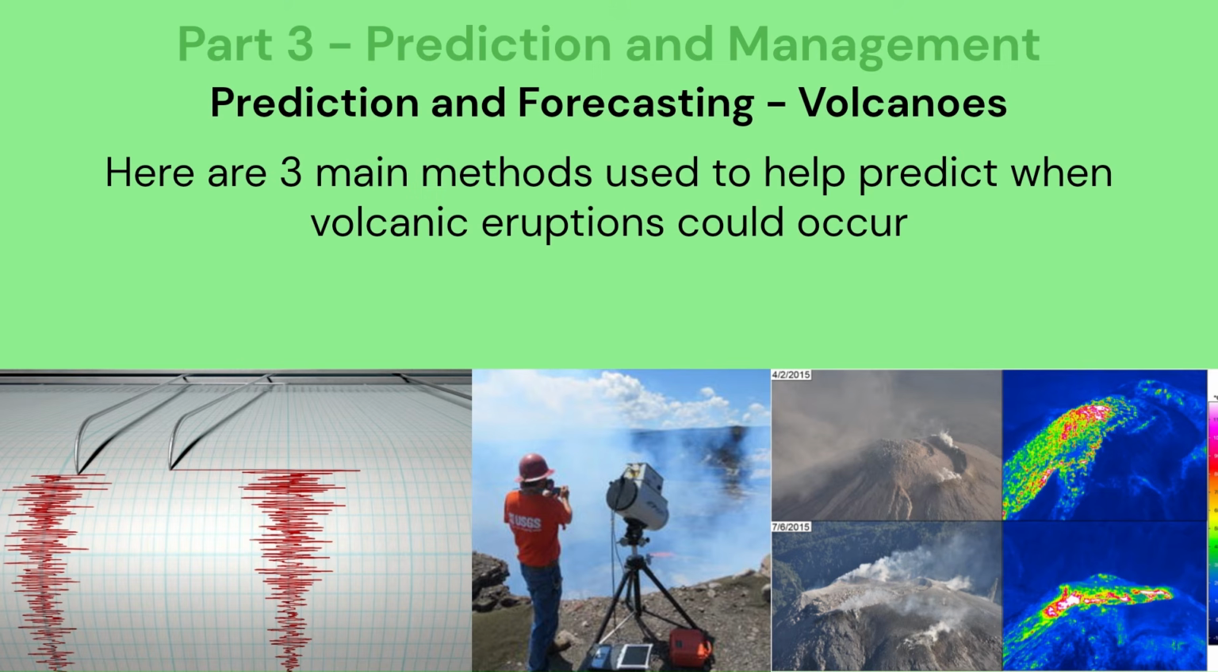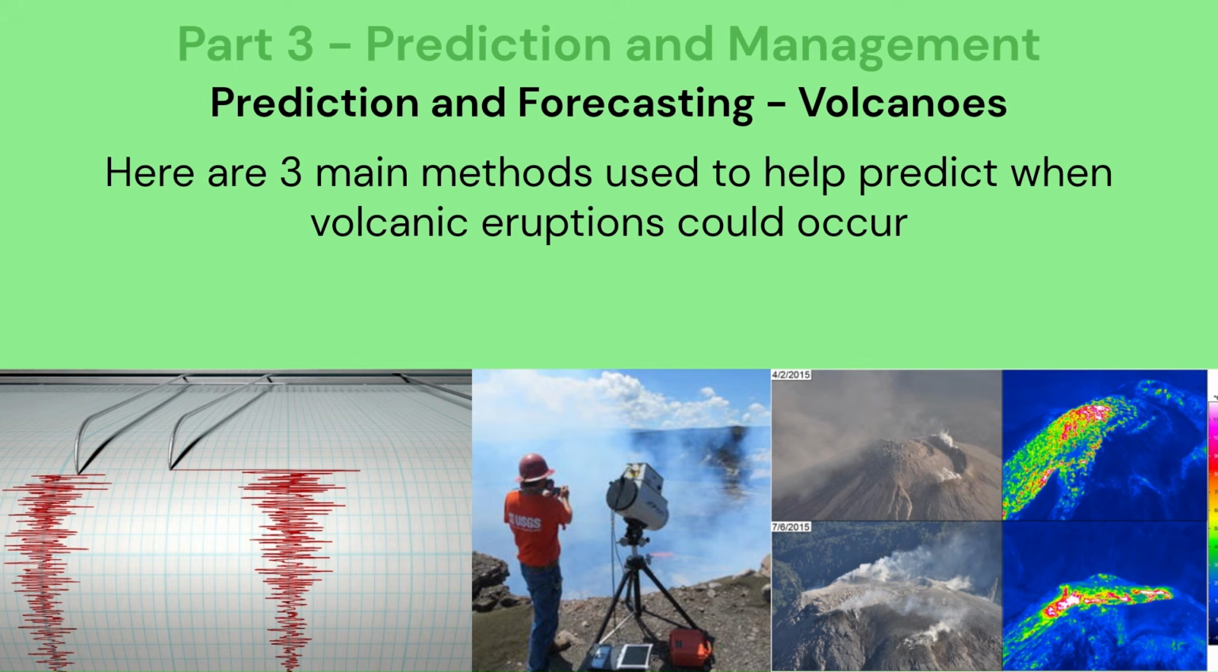Thermal imaging can be used. Satellites and ground-based infrared sensors detect temperature changes on the volcano's surface, which can indicate increased volcanic activity or the buildup of heat from rising magma. Other methods can be used, but if you know at least these 3, you will be prepared for any potential